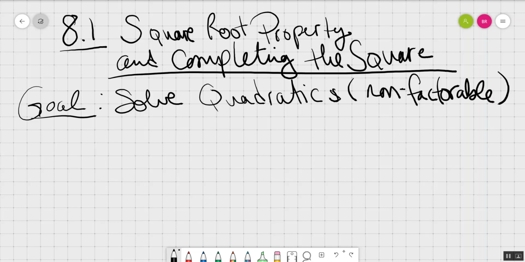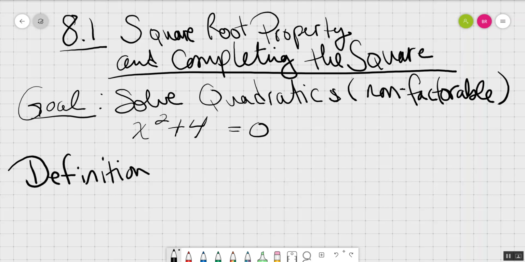Now, you maybe remember from a long time ago we ran across some quadratics that don't factor, like x squared plus 4 equals 0. And that's a fairly simple one that just doesn't factor. What we're going to focus on in this section's lesson and 8.2 is ways to solve quadratics that are not factorable, so ones you can't factor. So just to remind yourself,